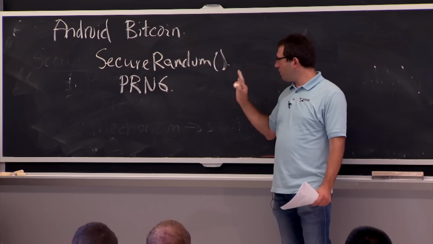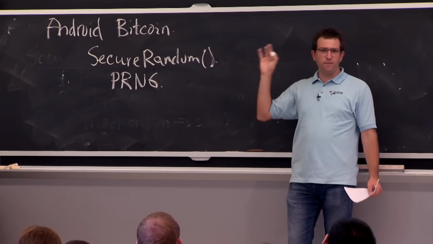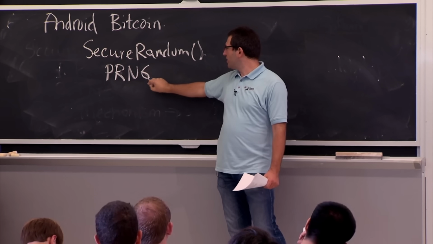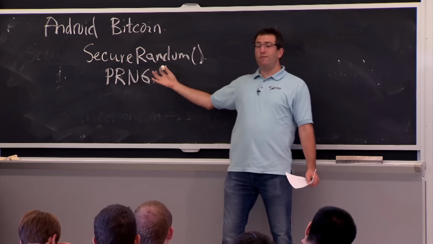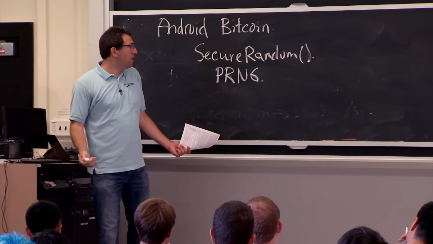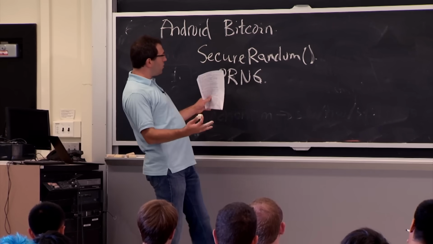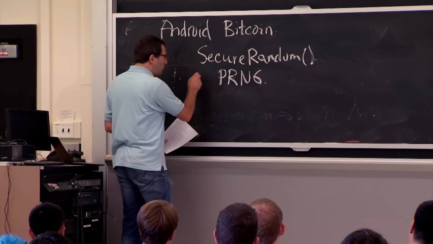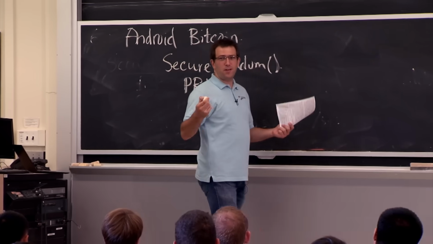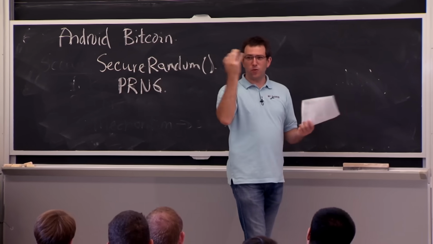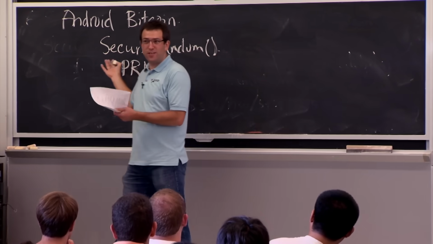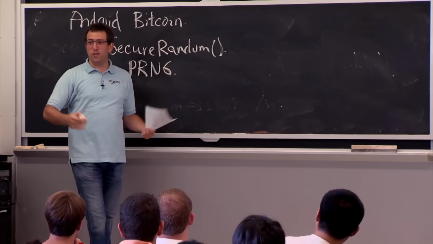And for various cryptographic reasons I won't go into here, it actually works. If you give it a couple of hundred really good random bits initially, it's going to be very hard for anyone to predict what the pseudo-random values it's generating are. But the problem is that this Java library had a small bug in it. In some set of circumstances, it forgot to initialize the PRNG with a seed. So it was just all zeros, which means that everyone could just figure out what your random numbers were. If they start with zeros, they'll produce the same random numbers as you, which means they'll produce the same private key as you. So they can just generate the same private key and transfer your Bitcoins.